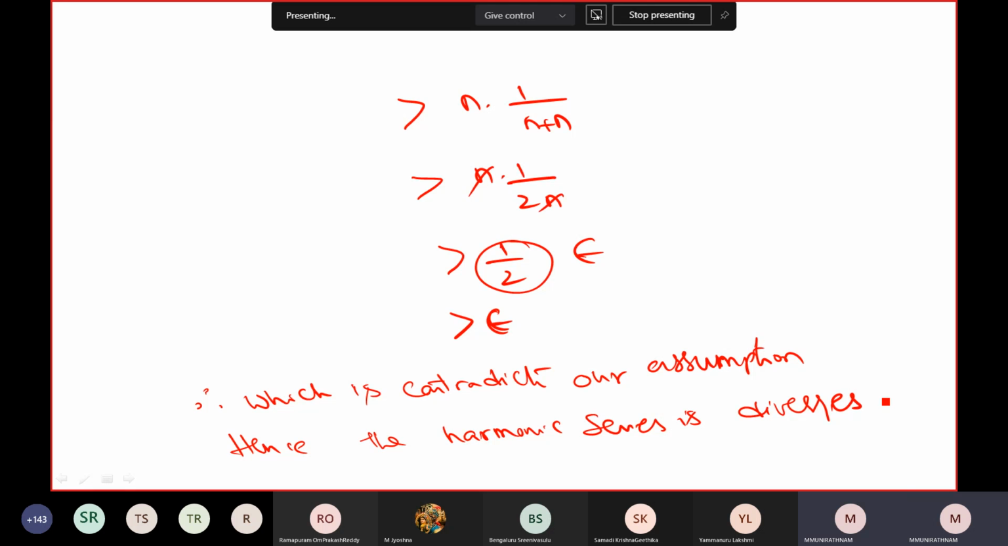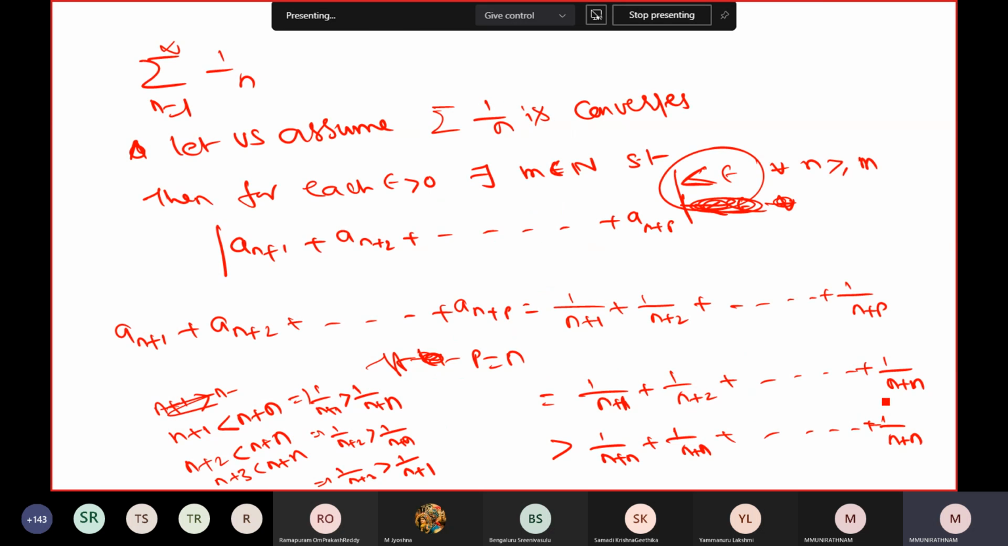Any doubts, please? Likewise, summation 1 by n diverges. We proved that summation 1 by n diverges. Any doubts? So likewise, Kashi gave the proof that summation 1 by n diverges in a simple manner,